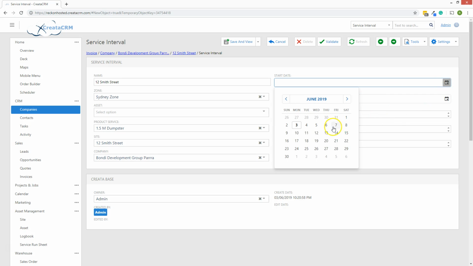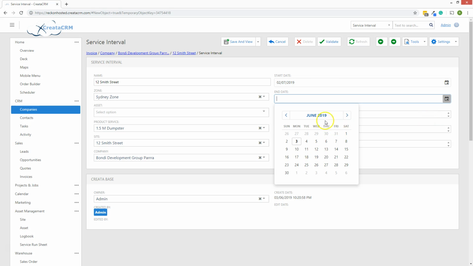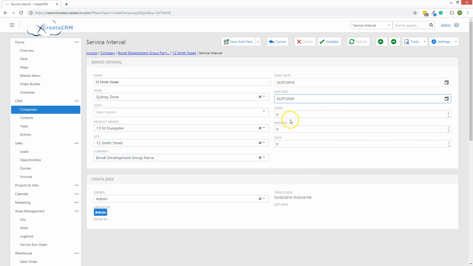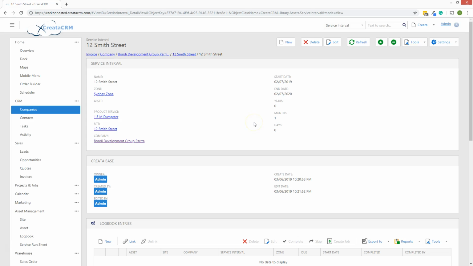The next stage is we're going to talk about when we're going to start the service run. I'm just going to go the 2nd of July, and I'm going to go all the way to next year, 2012, July 2nd, and I'm going to do for every month between this month and this month. Hopefully that's 12 months. You never get it right, sometimes it goes to 13. And then I'm going to click on the